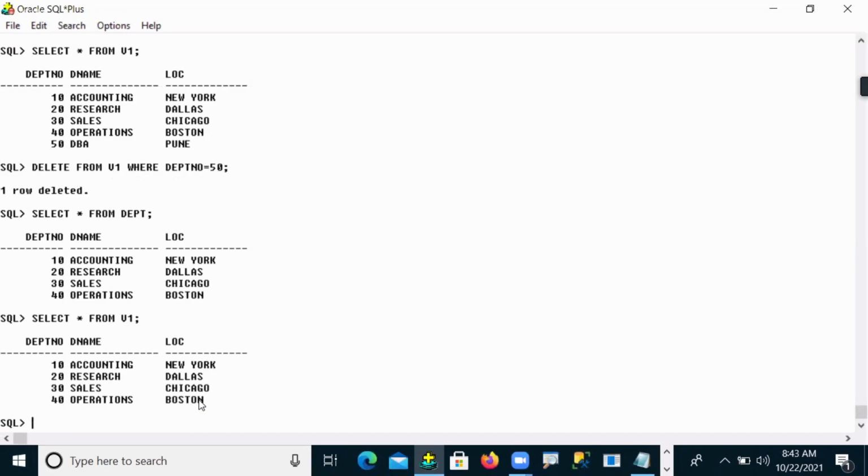Whatever modifications we did on the physical object are reflected in my view. That's why a view is called a virtual of the base table. Whatever modifications we perform on the base table are immediately reflected in our virtual.